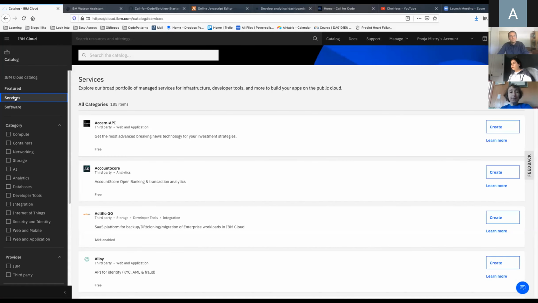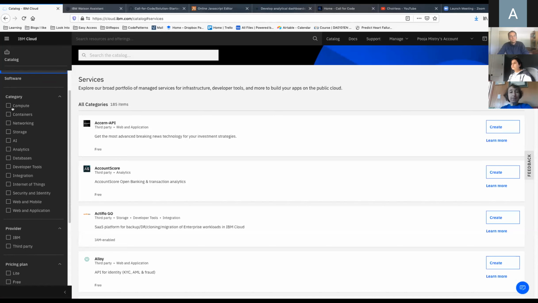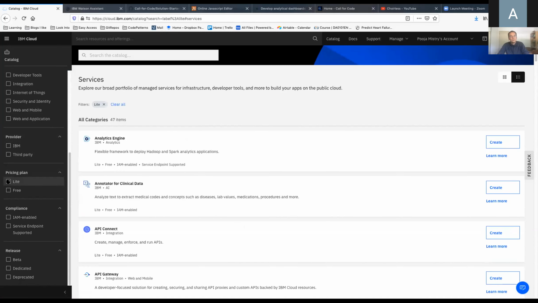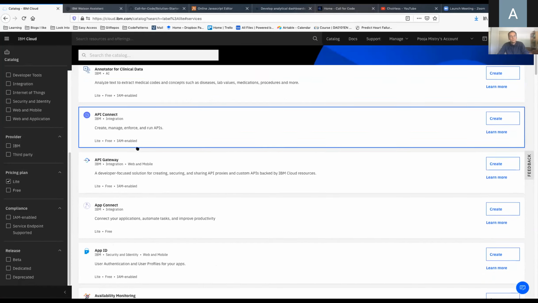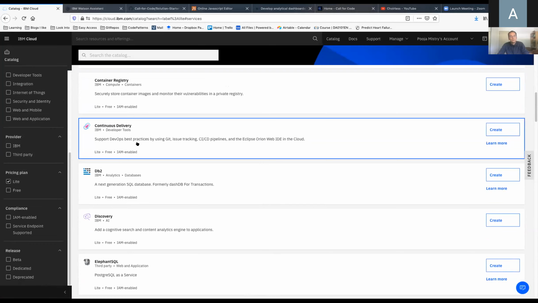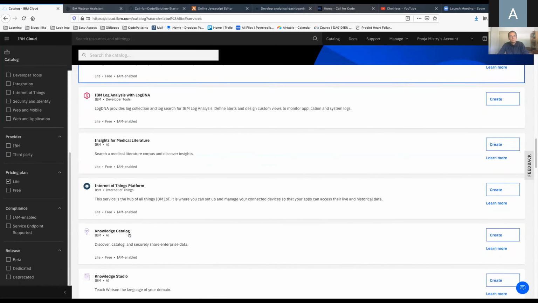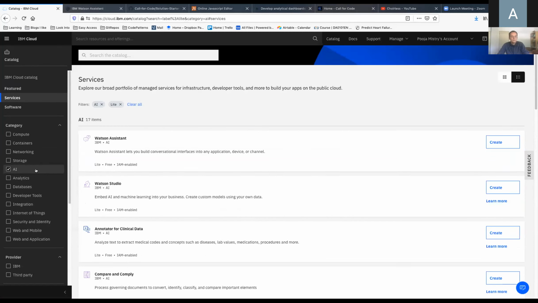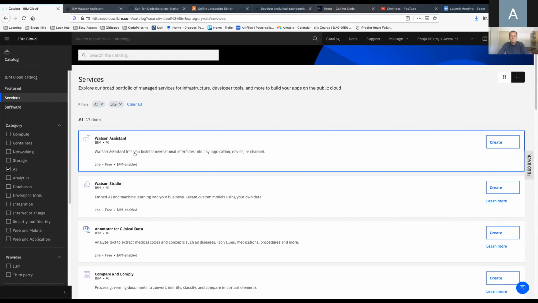For example, if you click on services and look at just the Lite account services, these are all services that you can create right now for free, pretty much. You can see that there are so many different services. We can filter by AI services. For example, Watson Assistant is a free AI service.